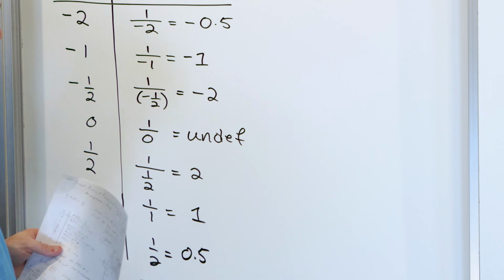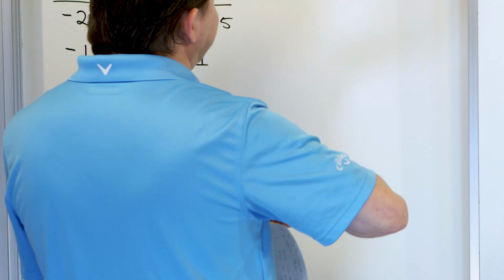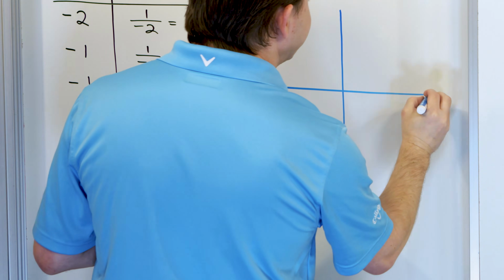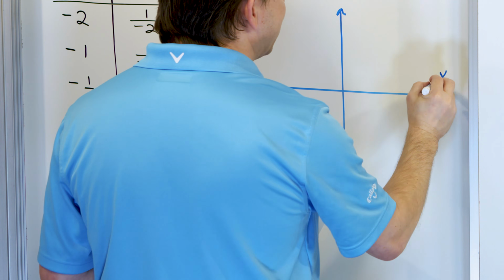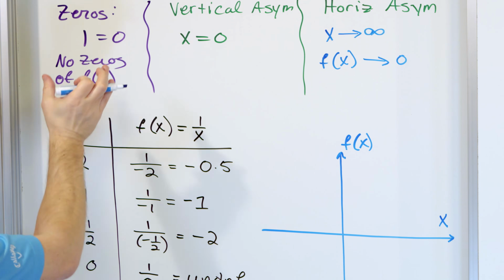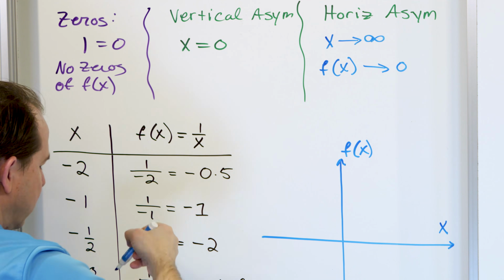So let's go ahead and attempt to graph this thing. Now, are we going to make it an amazing, high-quality graph? No. The point isn't to be a computer. The point is to understand what the function is doing. So I'm going to have x, and I have f of x. Now, what do we know from this? We know that the graph will never, ever cross the x-axis. We say that we have a vertical asymptote here,